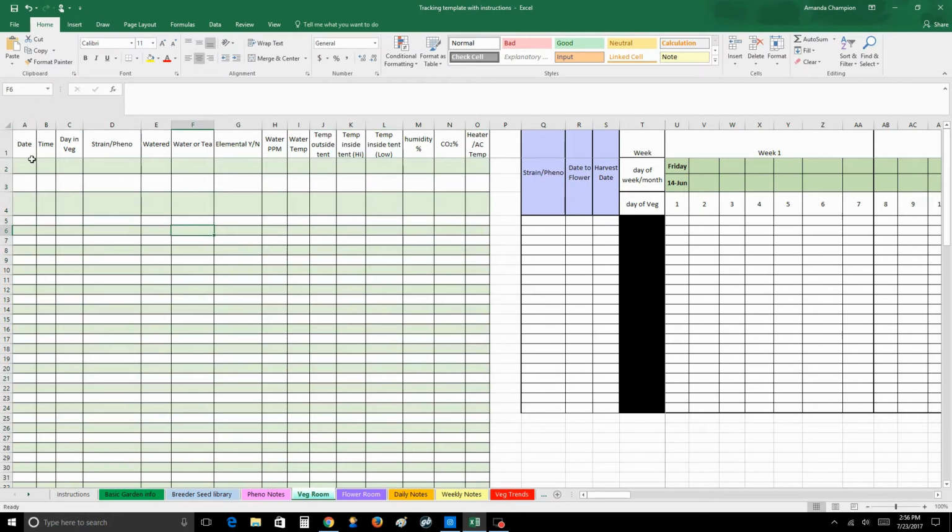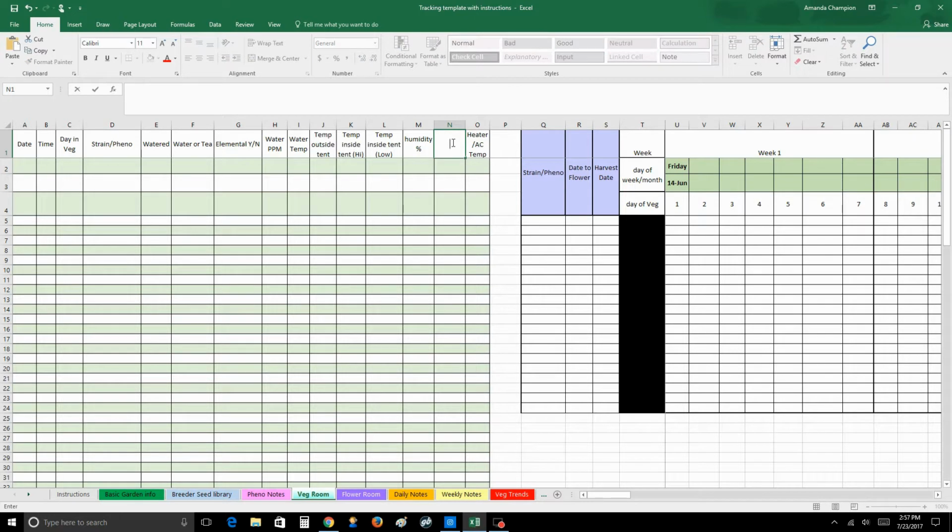Now in this table view, as you can see, I have it set up to not just track the watering, but you also have a section for the water ppm and the temp. If you pH your water, you can set that up in here as well. Right now this is set up to show what we're tracking. I did add CO2. We don't use CO2, but I know someone had mentioned that in the past, so I did add that. But if there are other columns that you would need to add, or maybe you're not using the CO2 section either, you can just delete it and put in whatever